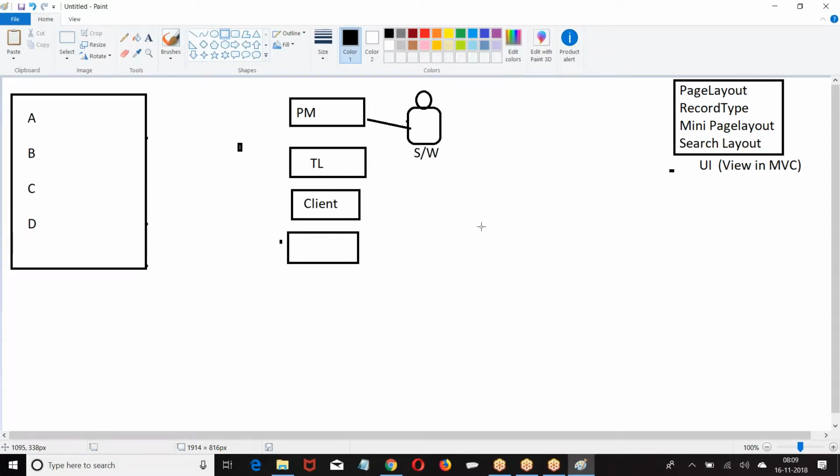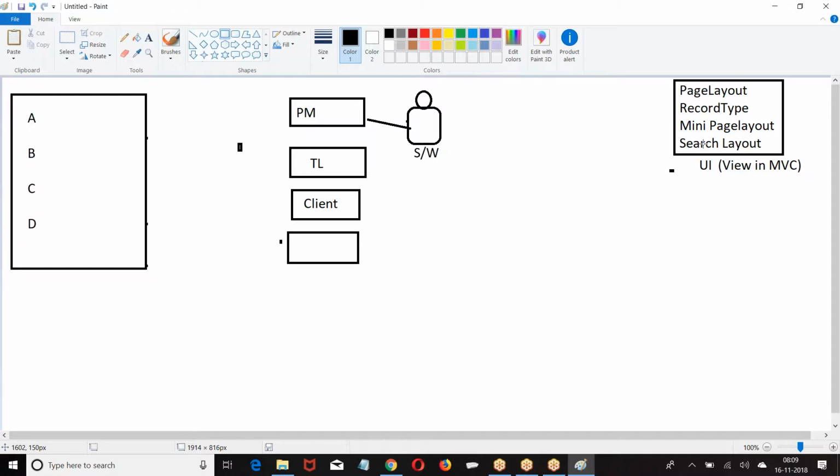This is going to behave in different ways in different contexts. How you show the table in different styles, in different contexts of the application. How the object will be visible, how you can see the object. In different places, how the UI is going to be. The same object, how it is displayed in different contexts of the application. That is your search layout.